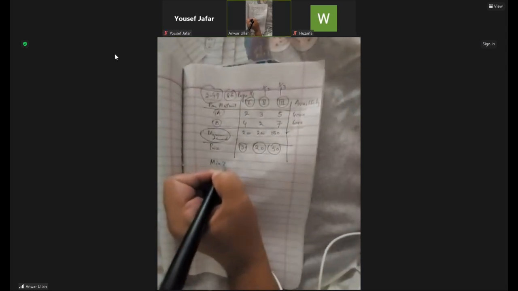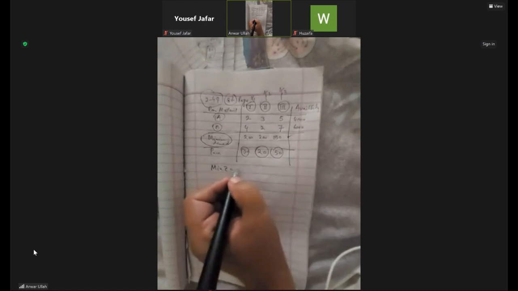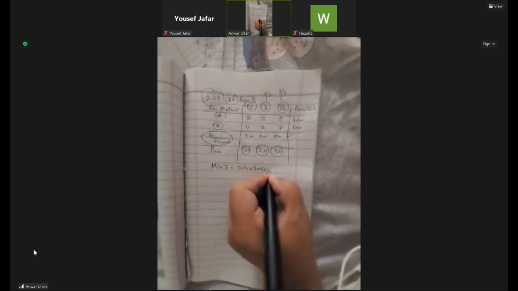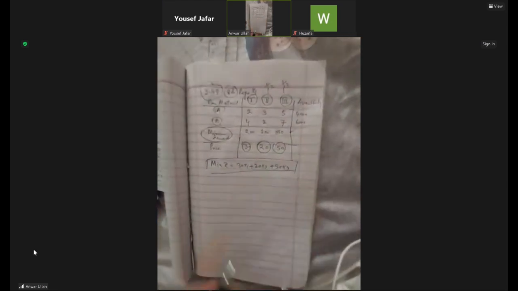So this will be the minimization problem. So we will write it as minimize Z = 30x1 + 20x2 + 50x3. So this is a minimization problem. Subject to,